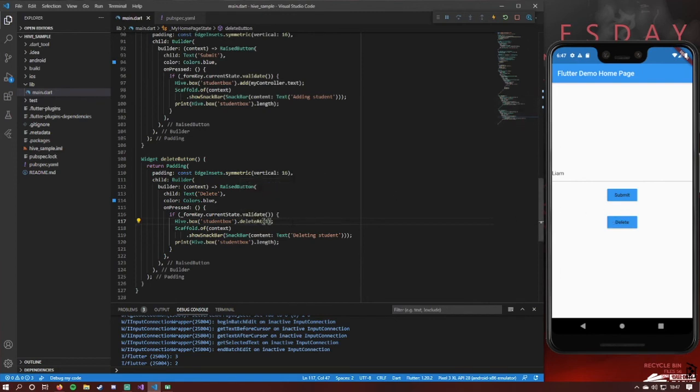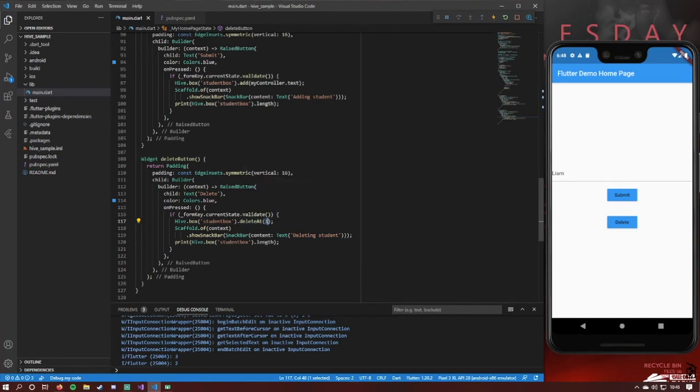You could pass in delete at index of the list. So imagine there's a list here. If I had Sally, Greg and Liam, and I swipe the list on Liam, it would grab whatever the index is of Liam, pass that into this delete button widget, and then it would delete at whatever index that you've swiped on. Whatever list item you swiped on, that's what will get passed down, and that'll be the one that gets deleted